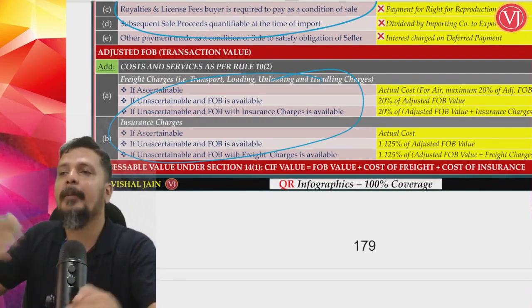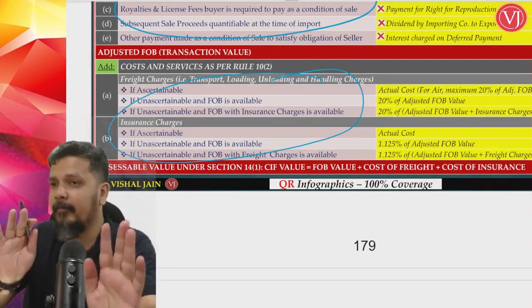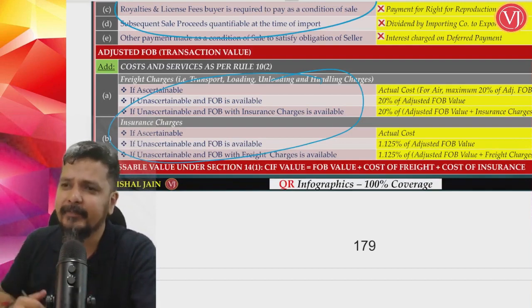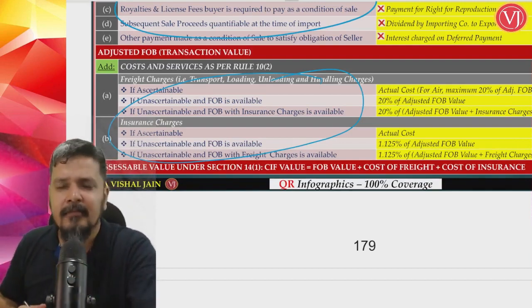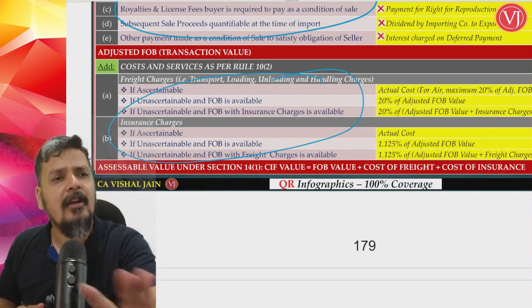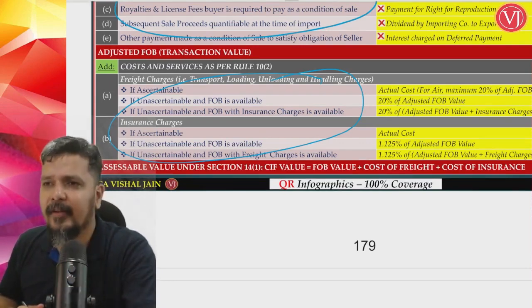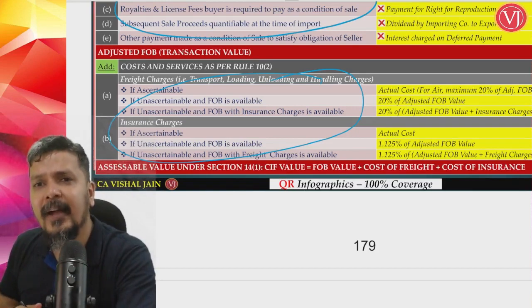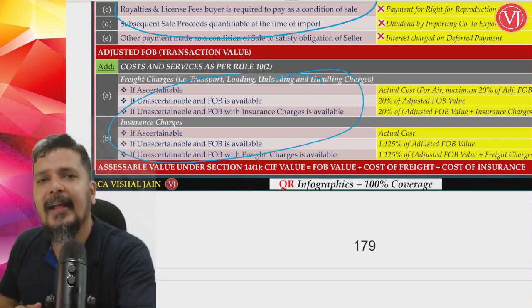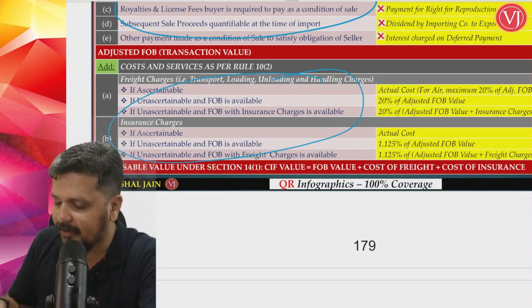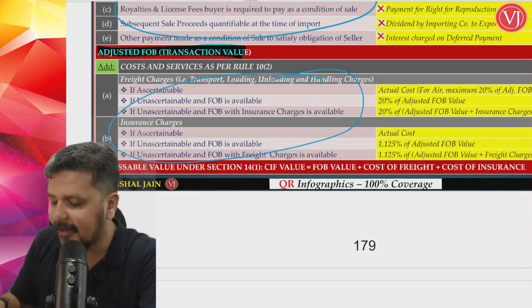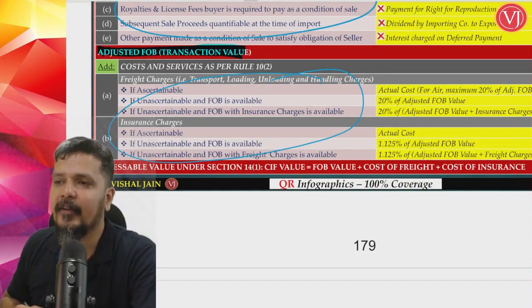I say at times someone will present the answer changing the sequence, but the final answer will be the same. I say they will try to give an answer in a very complicated way. Don't change the sequence. First it is FOB plus 10.1. You'll get the corrected FOB, or the adjusted FOB. Then add